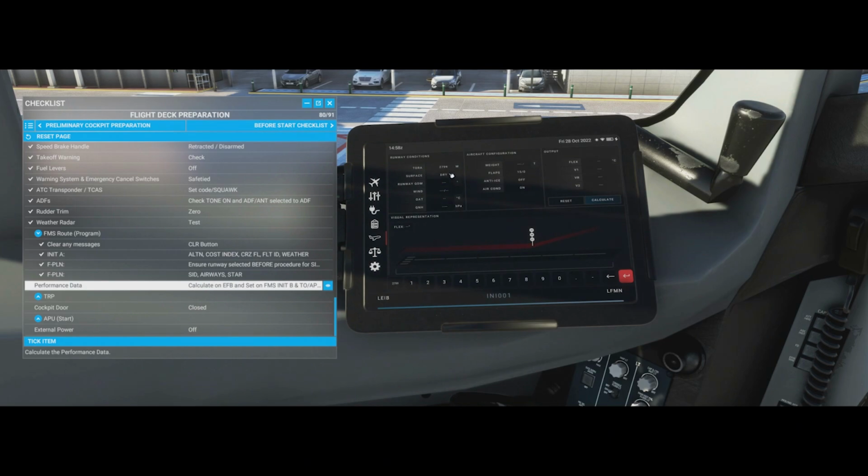Is it dry or is it wet? It's dry. Runway QDM, direction of the runway. We can also take that directly from the sim. If we know it, we can type it in. Wind, well, we're going to be calm winds today, so that's 0, 0, 0 at 0. So that's no direction at no speed, or you type in the direction with speed. Enter. Temperature, 15 degrees. QNH, that's the local pressure, is